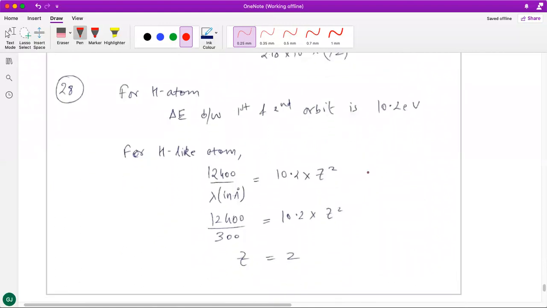Right. 28th question, straightforward. To read it, it might come out to be a little multiple lines, but it's a simple question asking you the Z value that will correspond to an X-ray emitted during a transition from n equal to 2 to n equal to 1. This A part is very easy, I will not even discuss the A part.